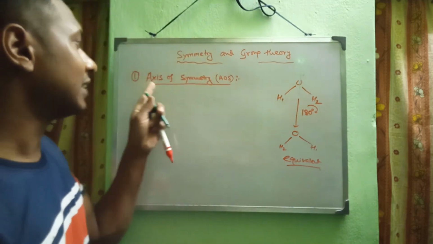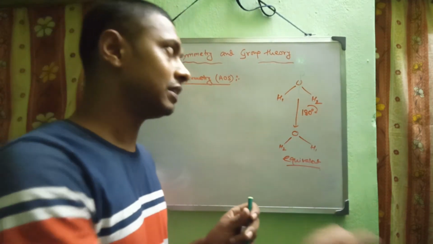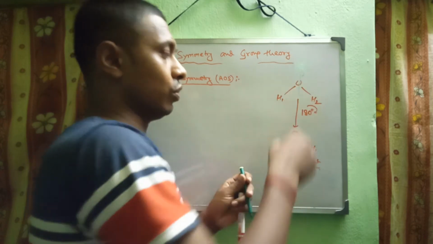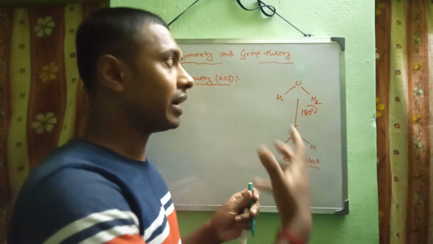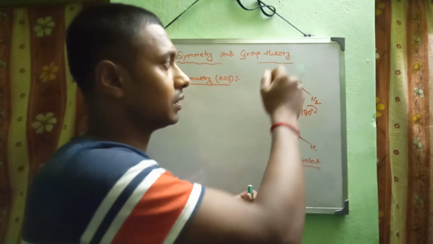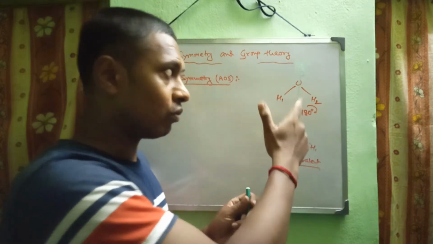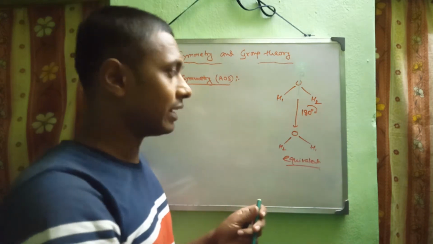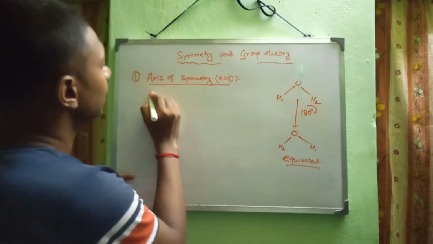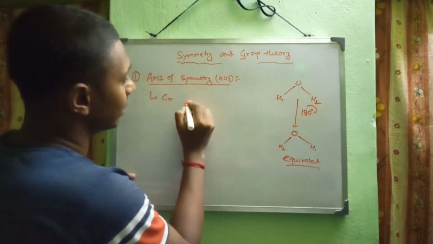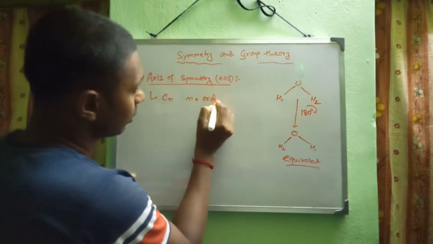So the axis of symmetry is an imaginary axis passing through a molecule, and rotating about this axis, we get an equivalent configuration. Clear? Now it is denoted by Cn, where n is the order of